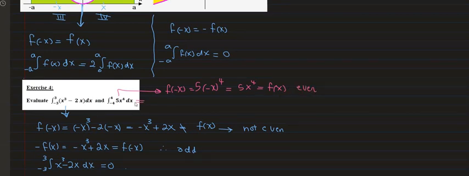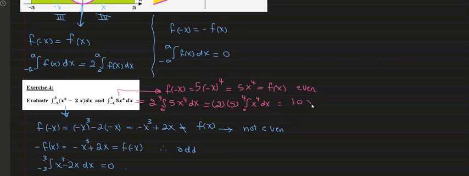This integral can be rewritten as 2 times the integral from 0 to 4 of 5 times x to the power of 4 dx. Of course, the 2 and the 5 are coefficients to the integral, so we can carry them outside, and the product is 10. And then we integrate only the x to the power of 4